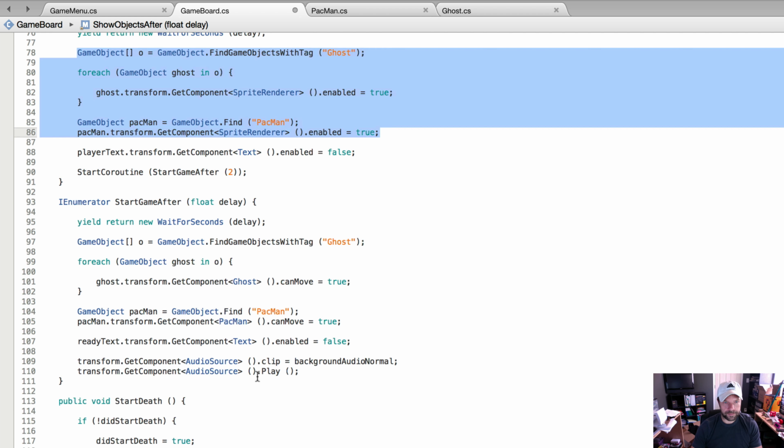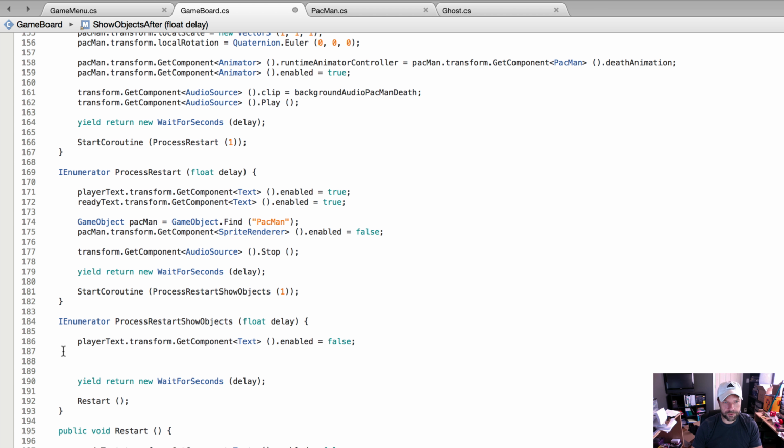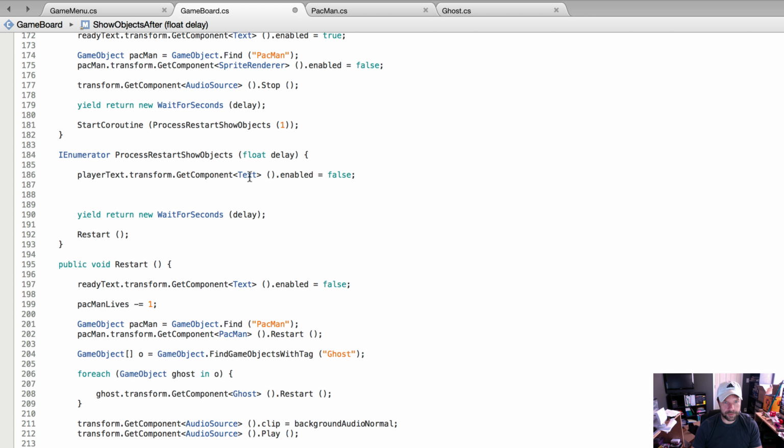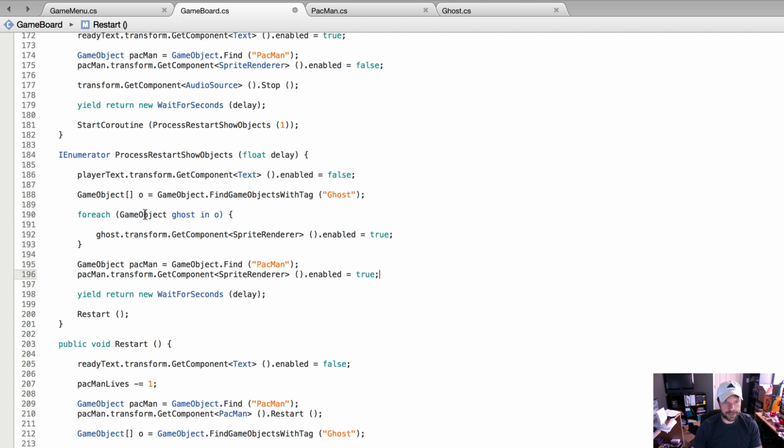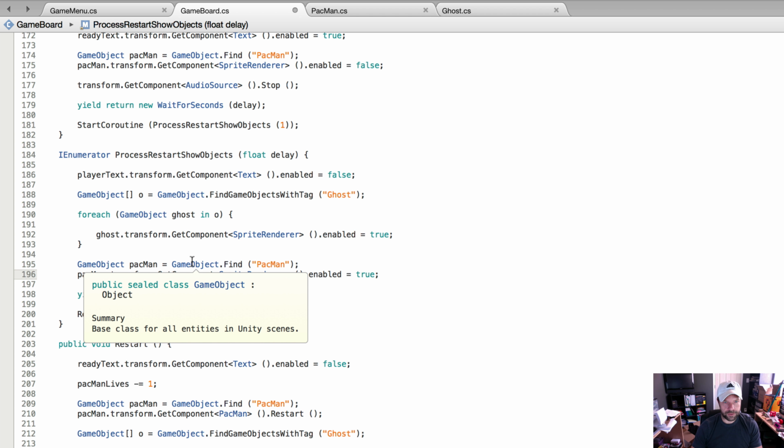So copy, and then we're going to go down to here to process restart show objects. We're going to just go here in the middle and paste it, and that's when they show up. Alright,